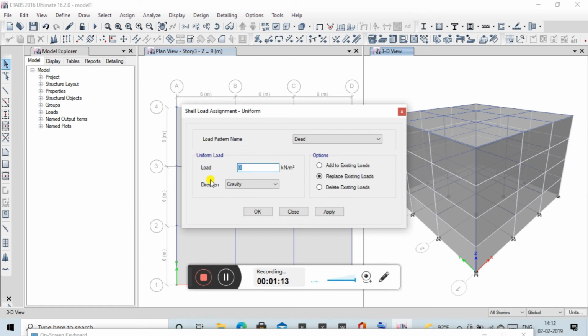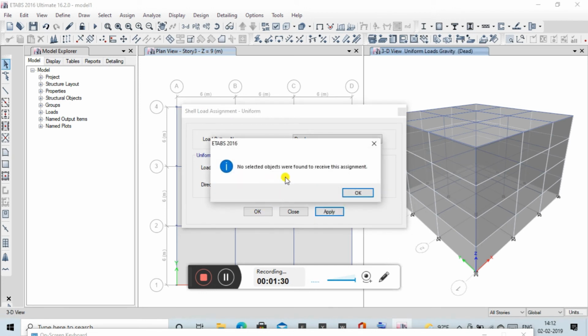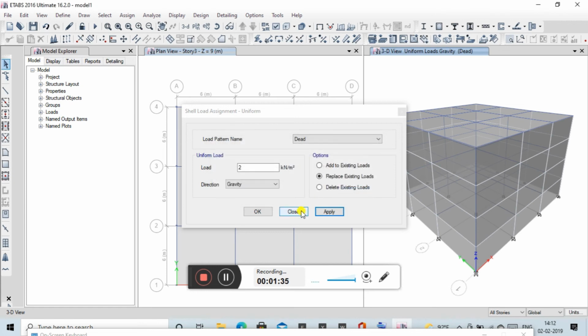Suppose we are giving 2 kilonewton, and the direction is gravity, that is vertically downwards. No need to give a minus here. Hit Apply. No objects are selected to receive this assignment. Again, I forgot to do that.